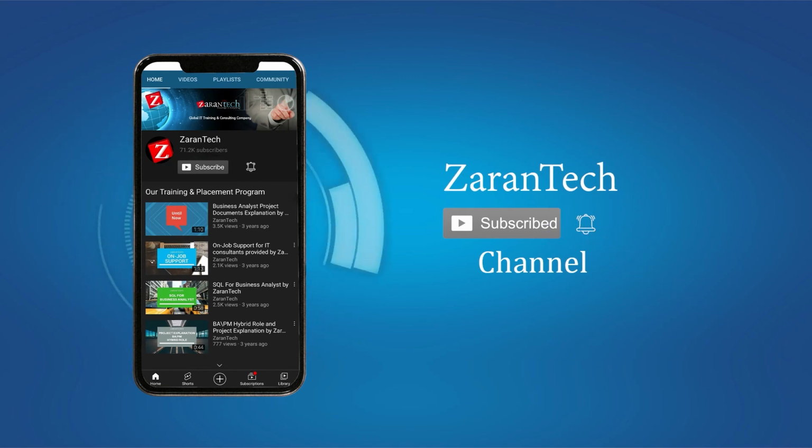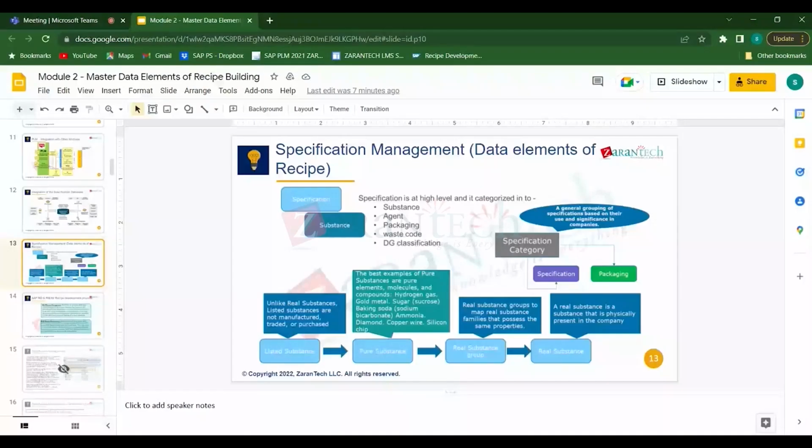I am going to take you today through the specification management topic, and what is required to set up a system, as mentioned by one of our participants, and how we can set up the system, what is required, what is not required. Okay, so